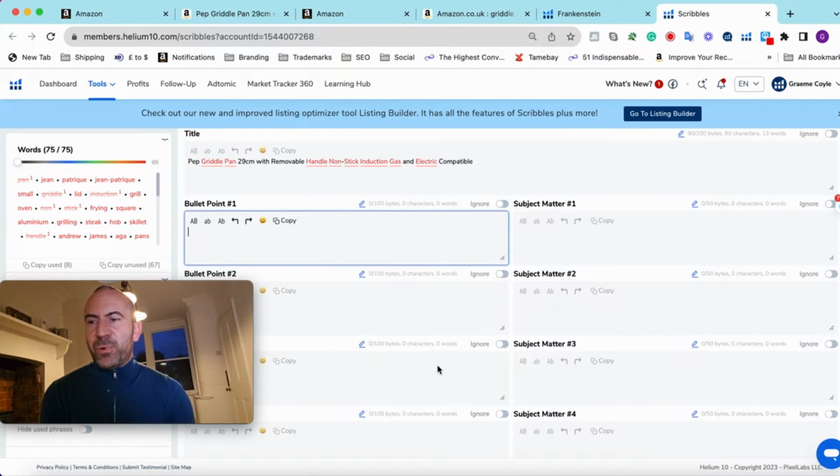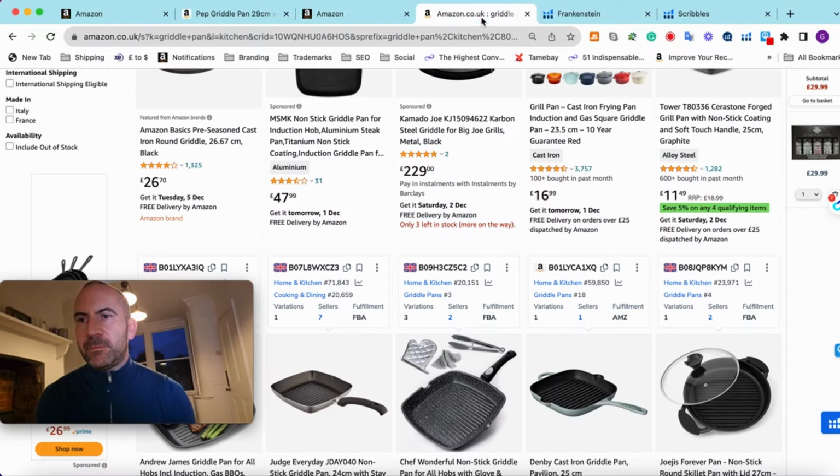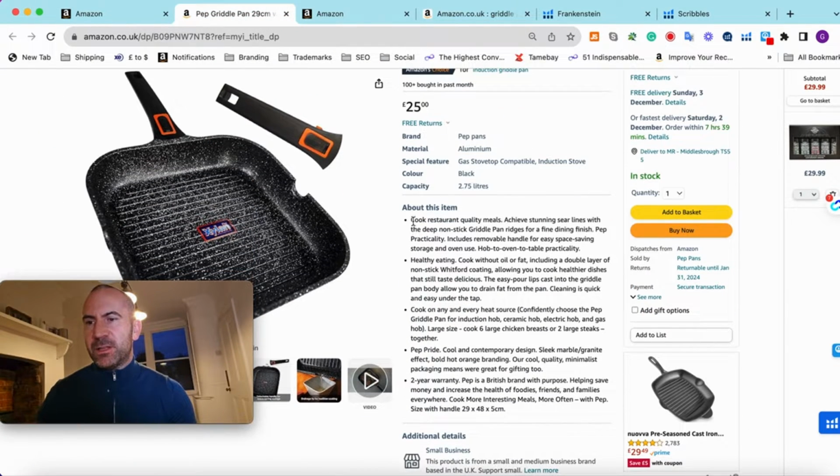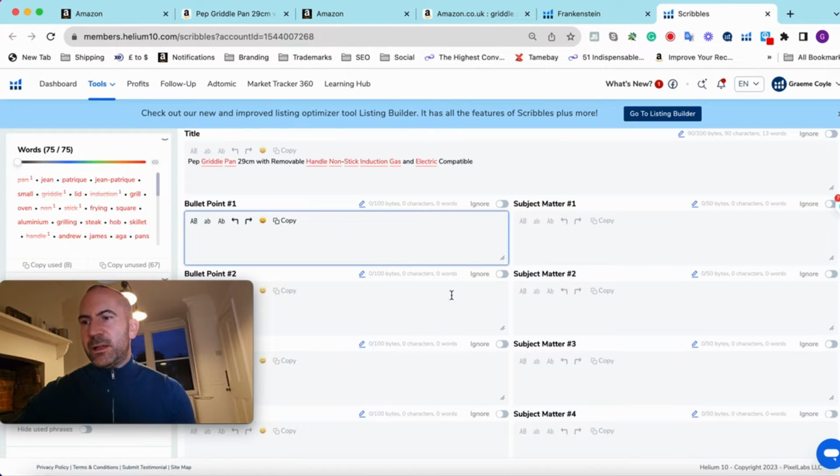You then see that there are boxes for every bullet point, but we don't really need to split the bullet points into different fields because we're just using this to compare the copy that we've created against that list of keywords. So what you can do is just copy all of those keywords there